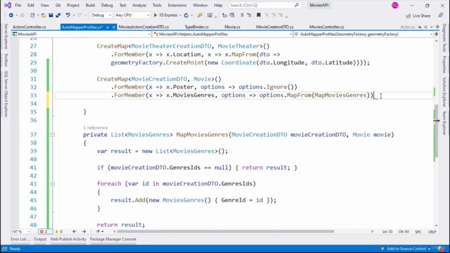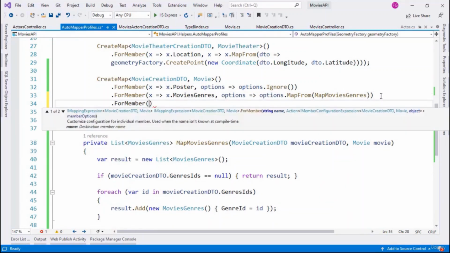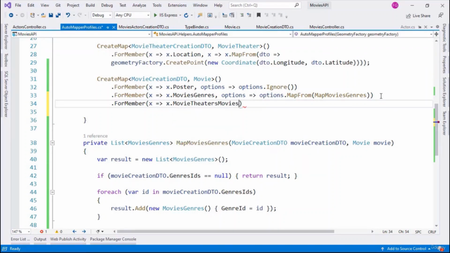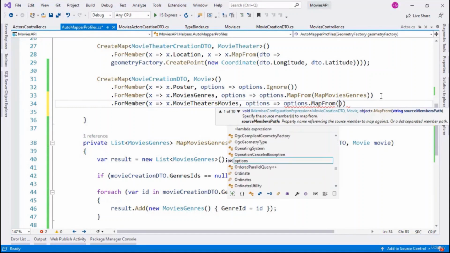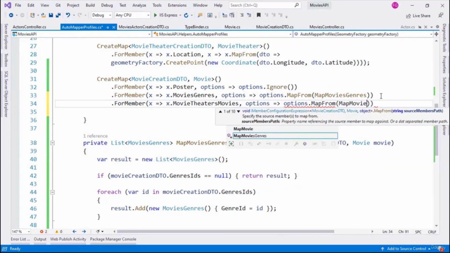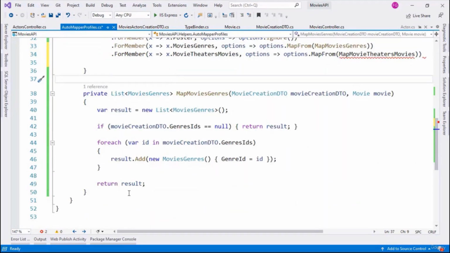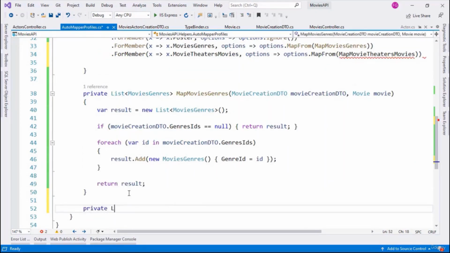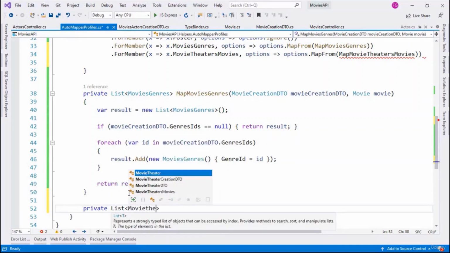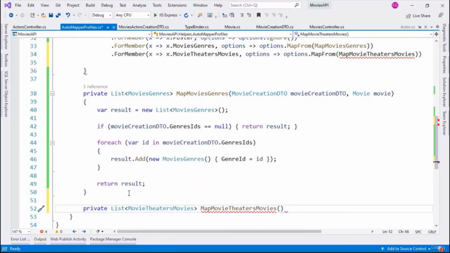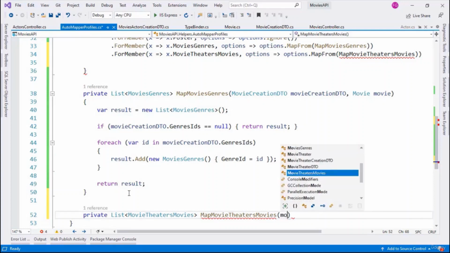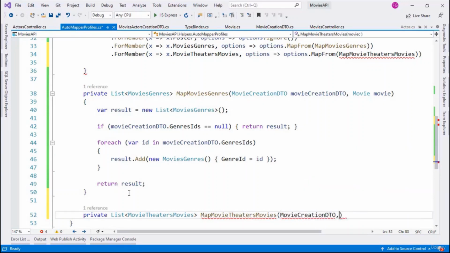So let me say, I don't know why I put this comma here, so I will say for member, then I will say movie theaters movies, options, map from, map movie theaters movies. I'll copy this, then I'll come here and I will do the same. I'll say private list, then I'll say map movie theaters movies, and I will receive as a parameter movie creation